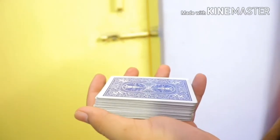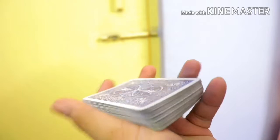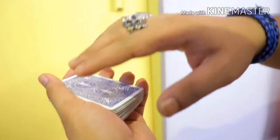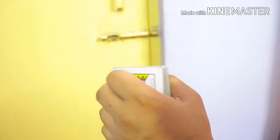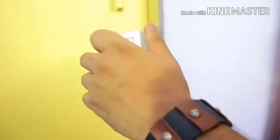The first thing you need is a deck of cards. At first you have to hold the deck of cards in the dealer's grip, which you should know. The index finger in the corner, the middle, ring and pinky fingers on the right side of the deck, and the thumb covering the left edge of the deck. Now take that index finger and curl it under the deck like this, as you can see. And after you do that, here is a tricky thing that you have to learn properly